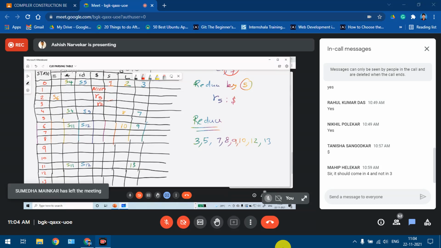Then state 5, we can see that there is a final item which corresponds to production number 4. So we write R4 for the look ahead equal to. So R4 will come here. And 6, we already did the entries. Inside 6, there is no final item.